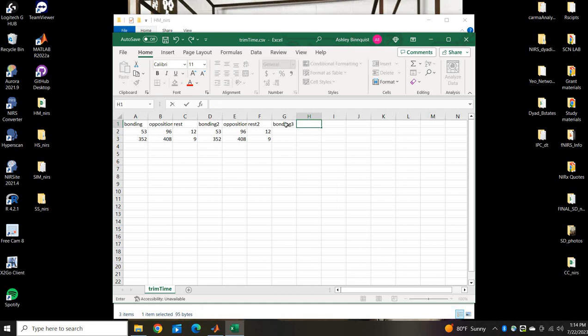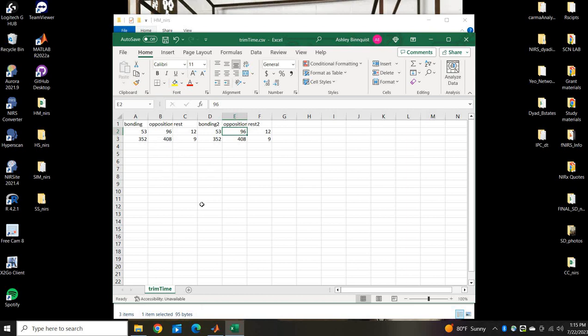So you can have more than 2 subjects per hyperscan, and it will work. All right, and then we have the dyad. So this is dyad 1, dyad 2, and so on. The trim for both subjects is exactly the same regardless of the scan, and that's because they were always scanned together for every scan,